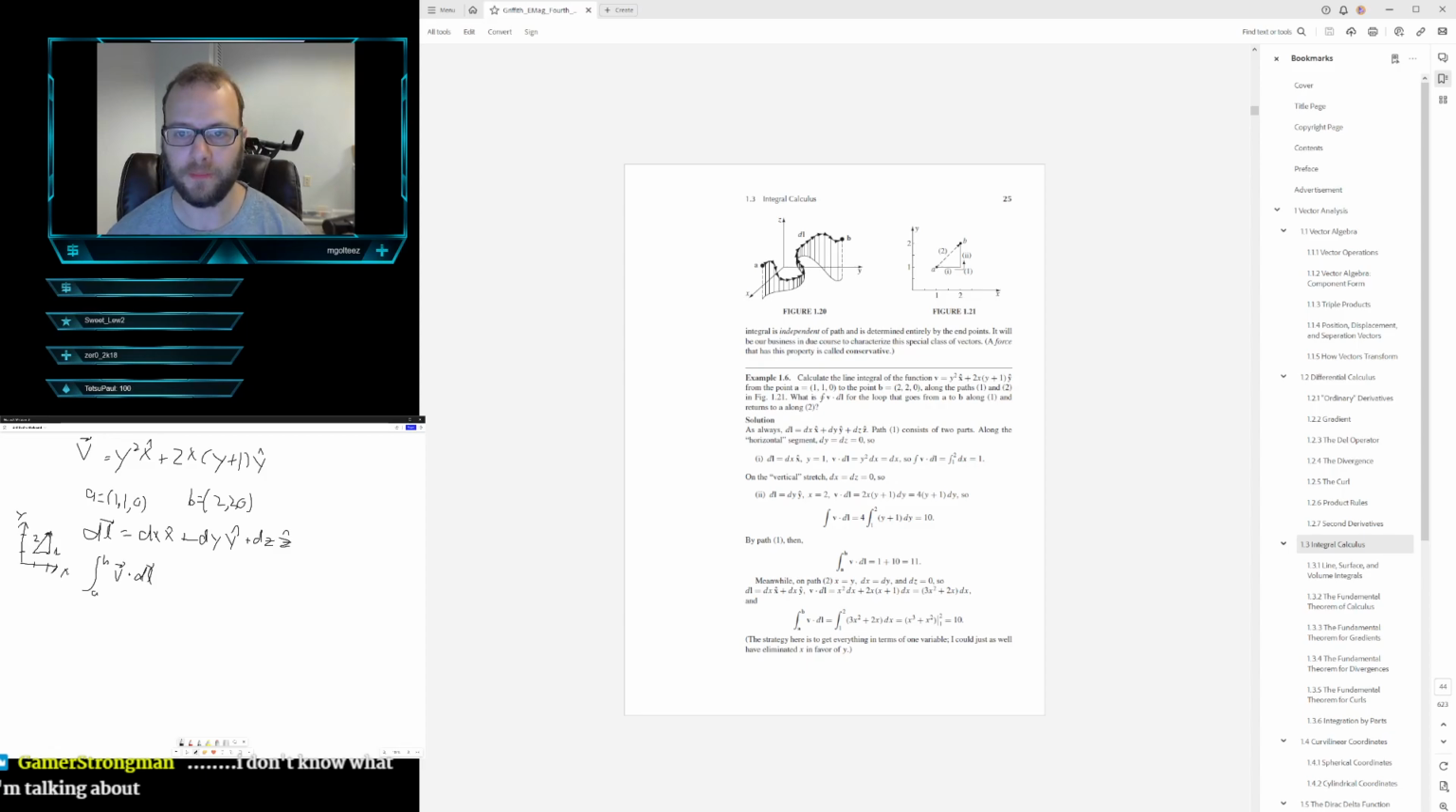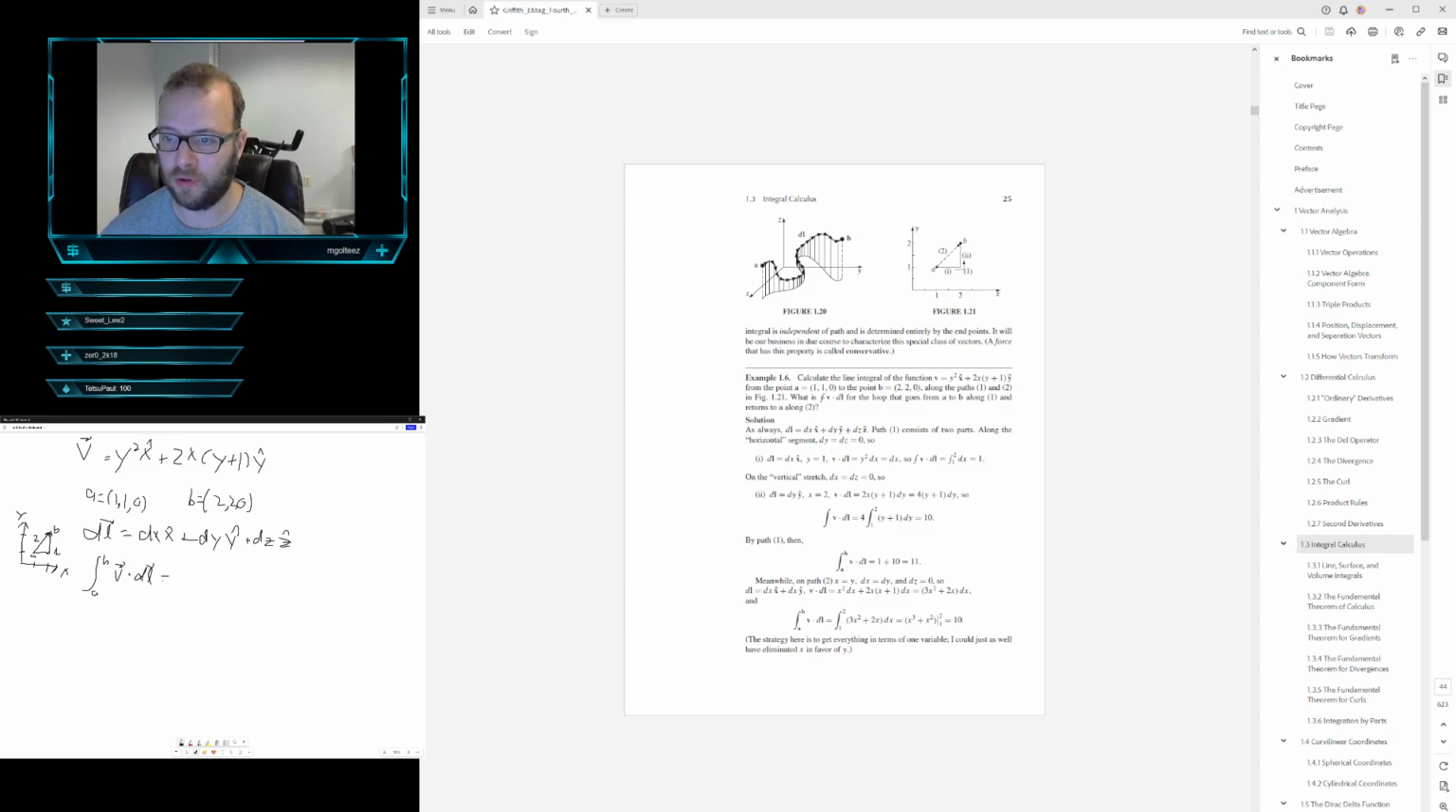There we go. So, A, B. First thing we need to do is find the integration along this first part here, in the x direction. So for part 1,